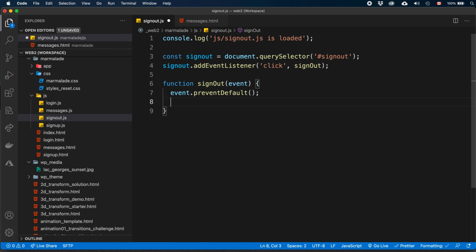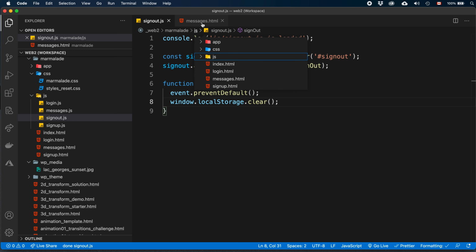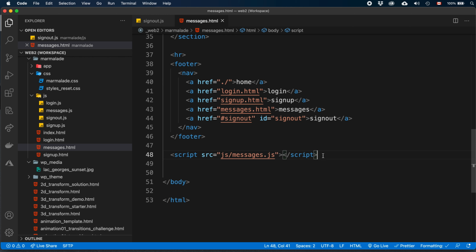And in order to sign a user out, essentially we just need to remove their ID and username from local storage. In fact, we'll clear local storage altogether. So we can use window.localStorage.clear, and that should get rid of everything in local storage. So I've uploaded that, and now we need to come over here to our